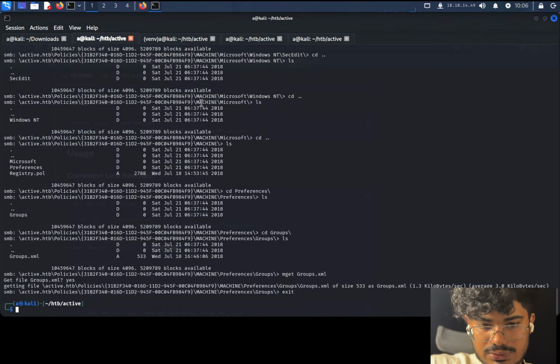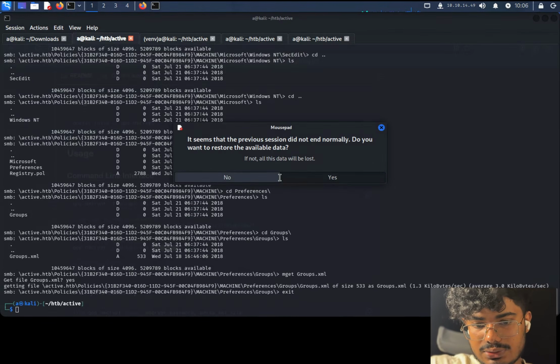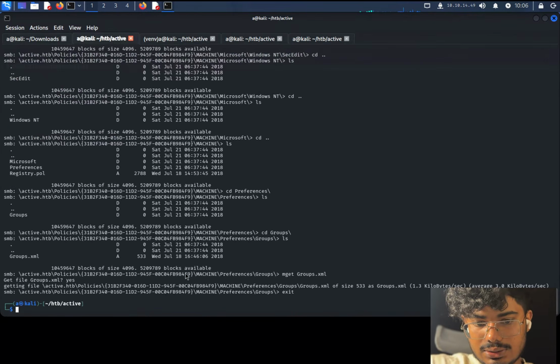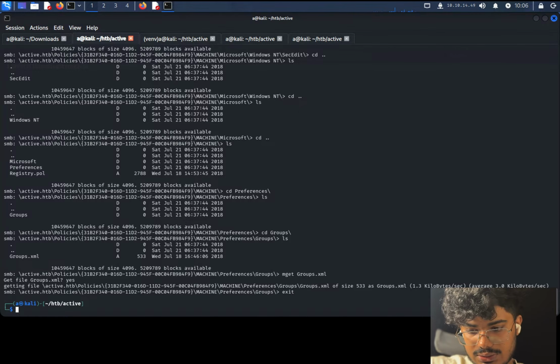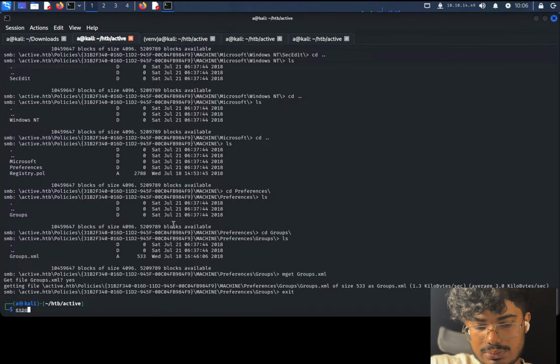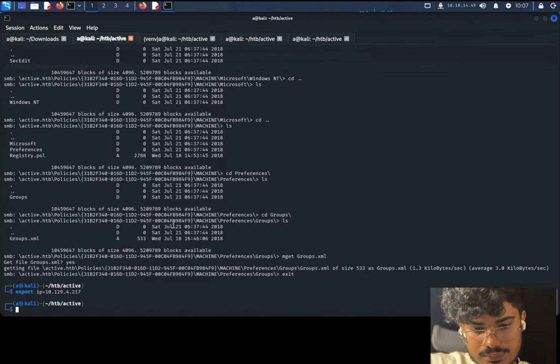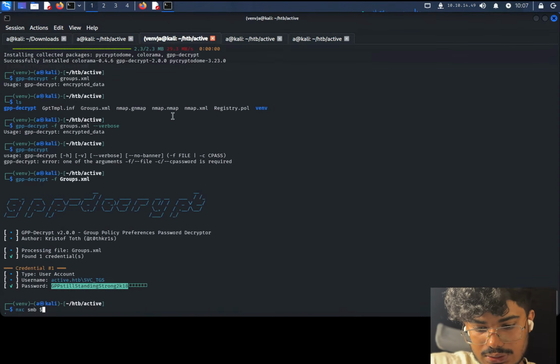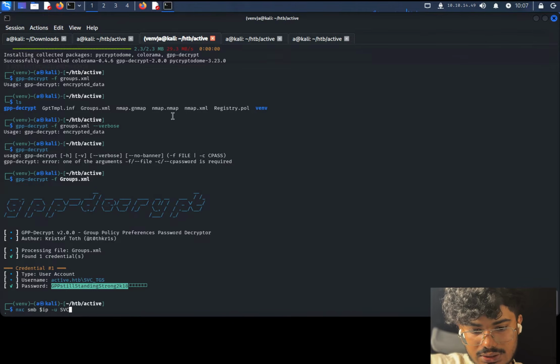Let me exit from here first. Let's make a note of the password. Let me open another tab, paste it. Next, let's copy the IP again, and I'm gonna make it an environment variable. So let's do this. Export IP equals to. Next, let me just do $IP, and the username is svc_tgs,